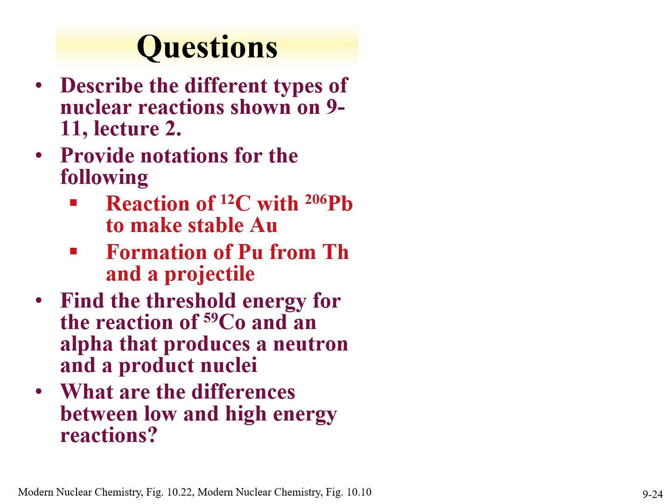This is a fairly open question. You would use a thorium isotope as a target. Thorium-232 is the longest lived thorium isotope, so that would be a reasonable target. Thorium has 90 protons. Plutonium has 94 protons. So you would need a projectile of at least 4 protons that would form a compound nucleus, would form a plutonium isotope. So anything greater than 4, you would have to include as one of the reaction products something that